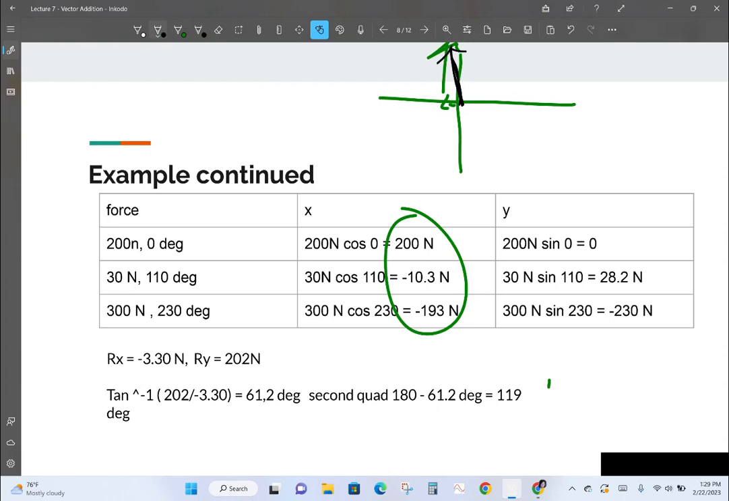That would be it. I've got an x and a y, and so I can use my Pythagorean theorem, and this is in the second quadrant. So when I find my angle, I'm going to subtract it off of 180. Now, when you plug in tan negative 1 of 202 over negative 3.30, you get a negative 61.2 degrees. And that just simply means that it's below an axis, or it needs to be taken off of something. So you can drop that negative and then just subtract it off of